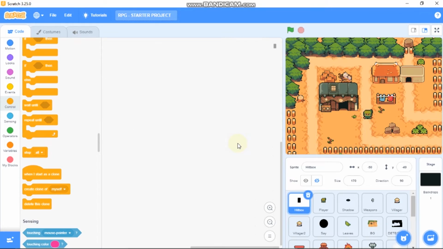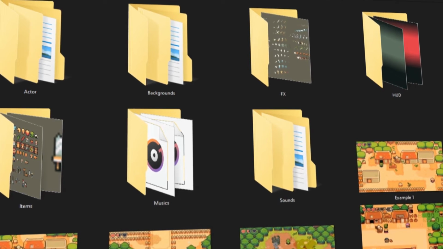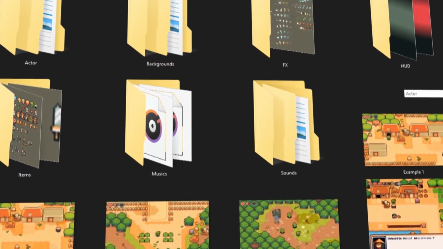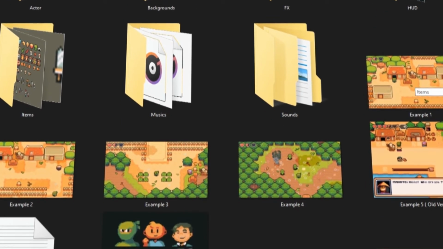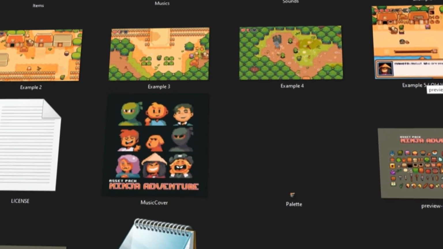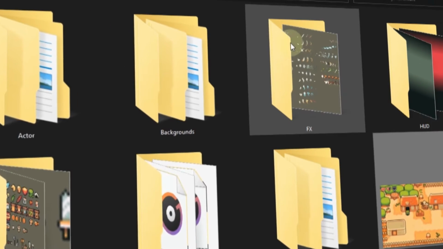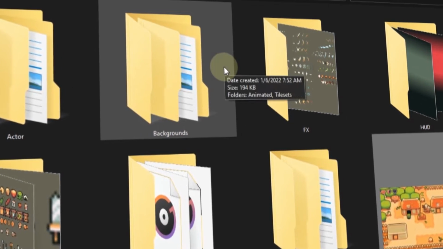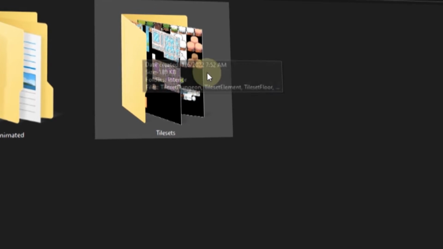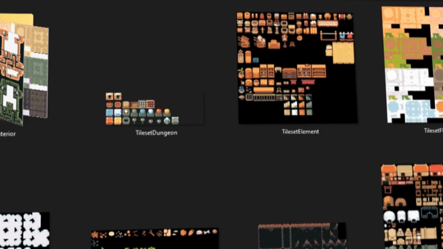First of all, I'll be showing you how to design these tile sets. After you have downloaded and extracted the game asset, you get subfolders like this, and you could look at some examples to get some ideas. Now we are creating our tile sets. To find the tile set, double click on the backgrounds and then you'll get a whole folder of tiles.